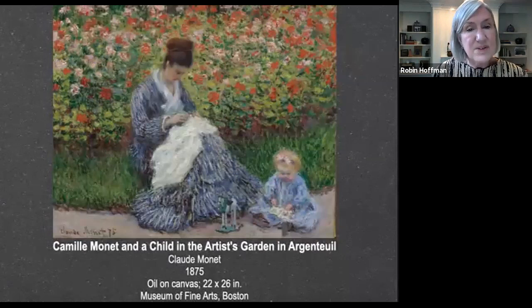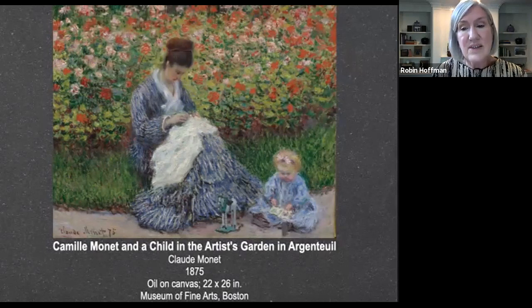Sadly, this beautiful setting was not a permanent one for the Monets. Monet's success was short-lived, and his fortunes were gradually depleted. The family was forced to leave their house for smaller and cheaper quarters in 1874. And adding to their misfortune, Camille became ill with tuberculosis. Their second son, Michel, was born in 1878, and his birth weakened her already fading health.